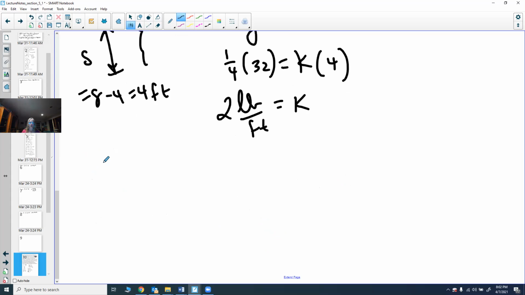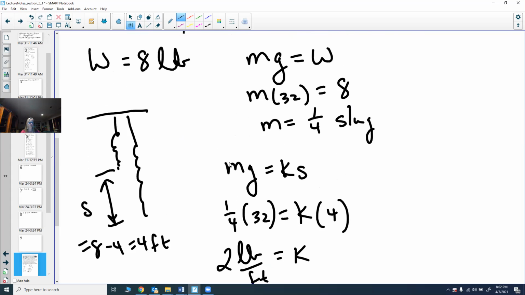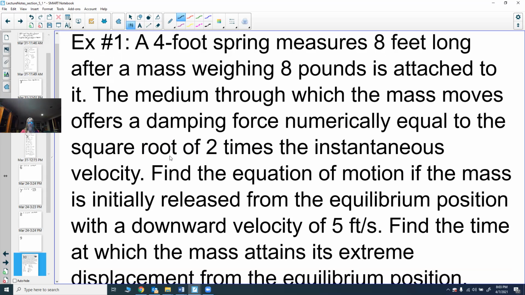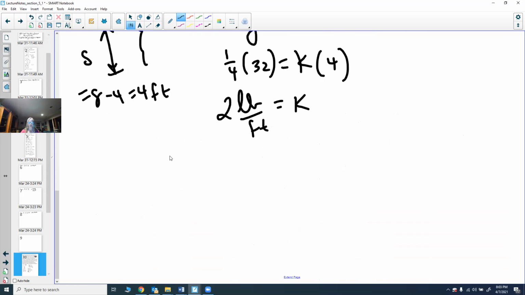Now the next thing we need to figure out: we now know what K is, we know what M is, but remember we're working with an equation that also has to deal with the mass, the acceleration, and the dampening force. So let's find out the dampening force. It says the medium through which the mass moves offers a dampening force numerically equal to the square root of 2 times the instantaneous velocity. So your dampening force, we're going to call it F sub dampening,